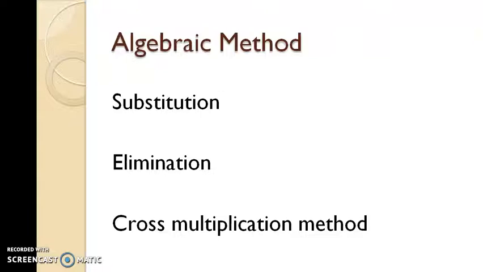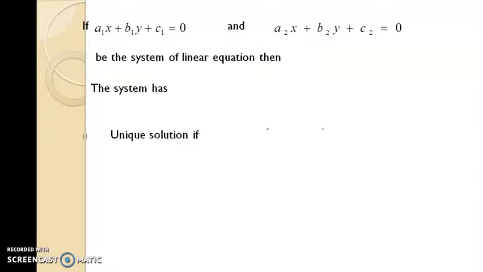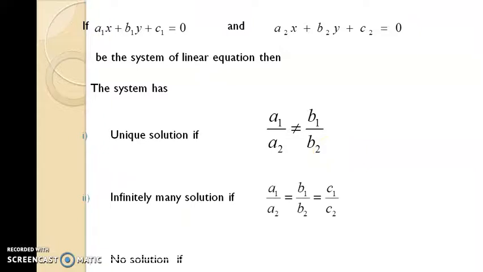So we have seen so many problems under these three methods in the last classes, and one more concept also we have seen, that is a1x plus b1y plus c1 equal to 0. So these two are a given pair of linear equations. Every pair of linear equations has any one of three types of solution. Either it has a unique solution if a1 by a2 is not equal to b1 by b2, and infinitely many solutions means it satisfies this condition, and no solution means it satisfies this condition. So it is necessary to find out what type of solution the pair of linear equations has, right.